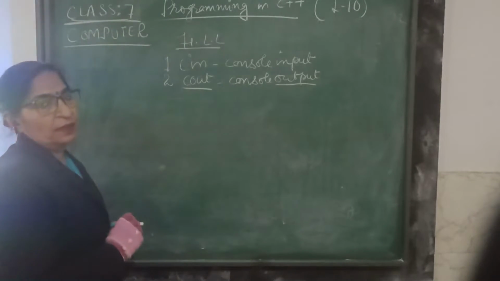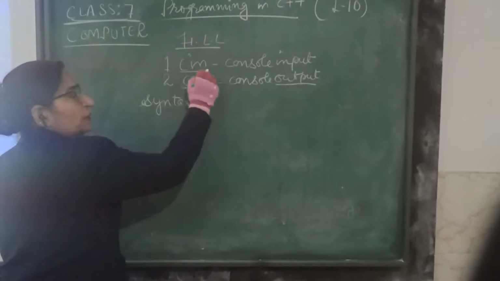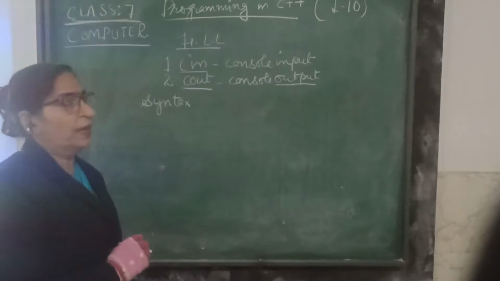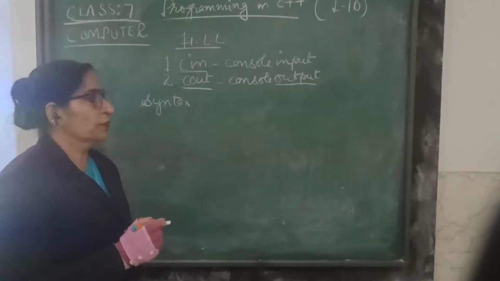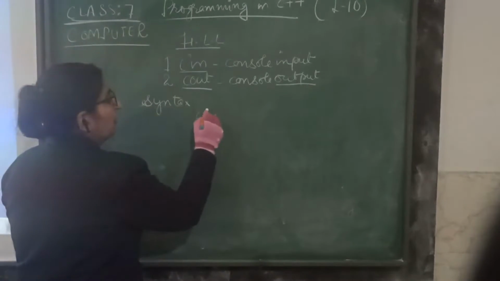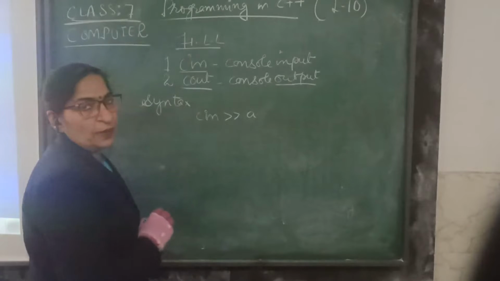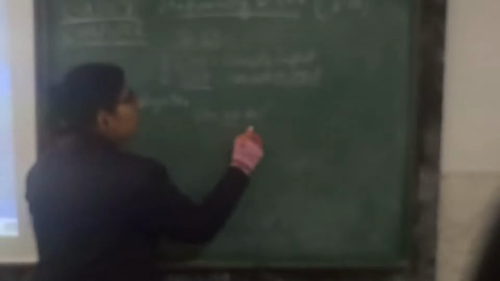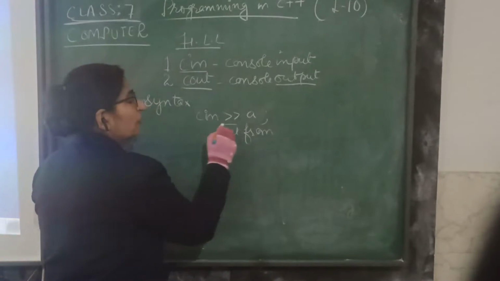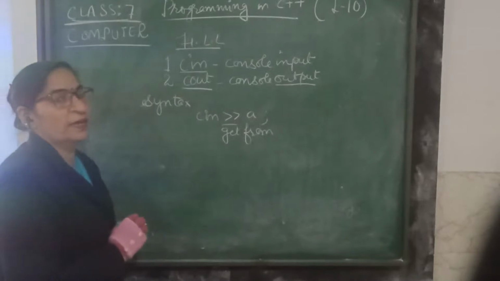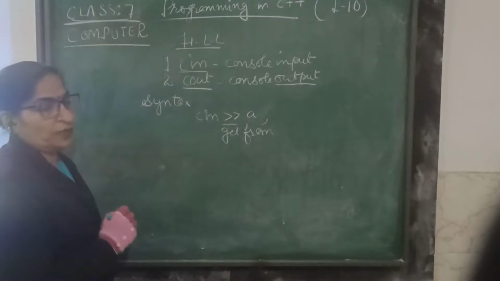Before we use this statement, let us learn the syntax of cin and cout. Cin stands for console input, as is given there already. This statement is used to take the data from the keyboard. For that, we simply write cin, put the extraction sign and write over here a. This sign is also known as get from. We are taking value from the keyboard. The operator is known as get from or extraction sign. We are taking the value of a from the keyboard.